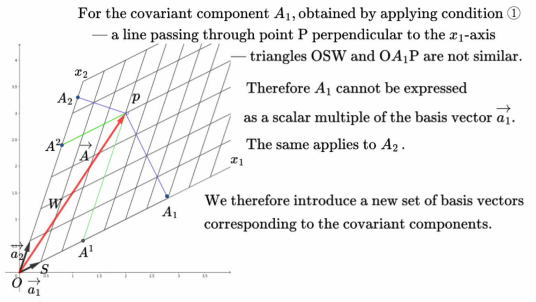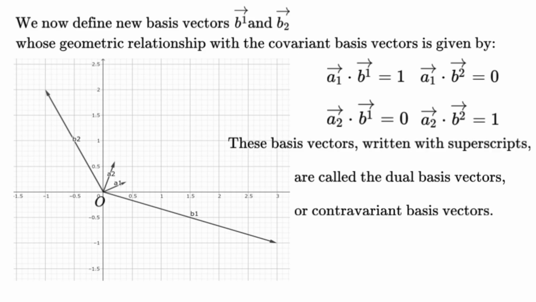Therefore A1 cannot be expressed as a scalar multiple of the basis vector A1. The same applies to A2. We therefore introduce a new set of basis vectors corresponding to the covariant components. We now define new basis vectors B1 and B2 whose geometric relationship with the covariant basis vectors is given by